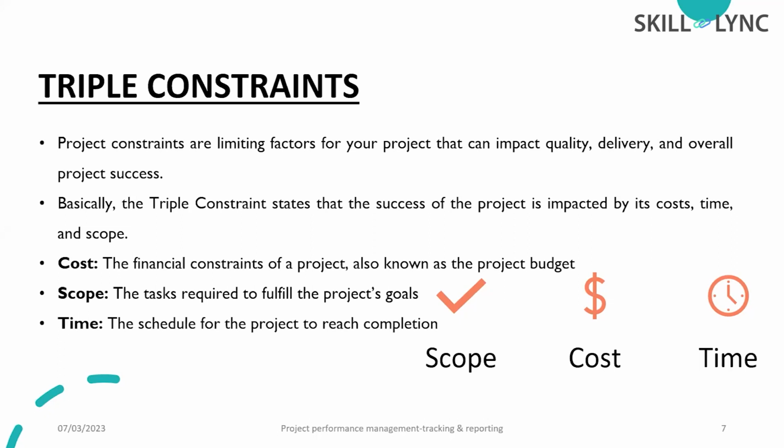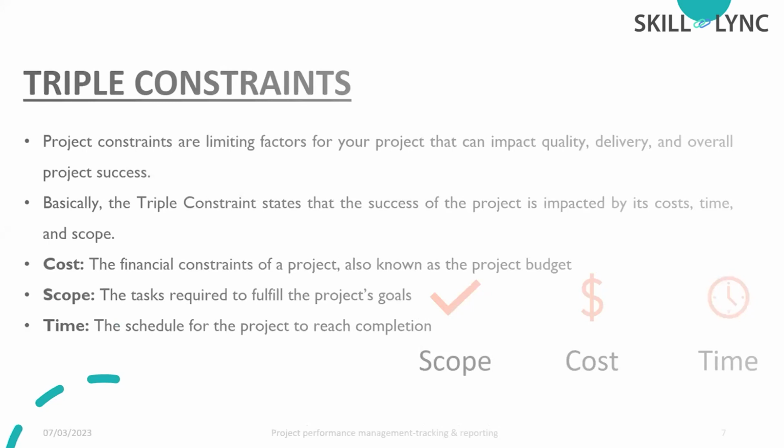The overall view of these points is that we need to balance all three: we need to consider the cost, the scope, and the time, in order to get a better outcome for every construction project. I hope this part is clear, because this is very basic in construction project management. So always keep this in mind. These are the factors, or parameters, that help to monitor the performance of a project: cost, scope, and time, or we'll say the budget of the project, the goal of the project, and the schedule of the project.